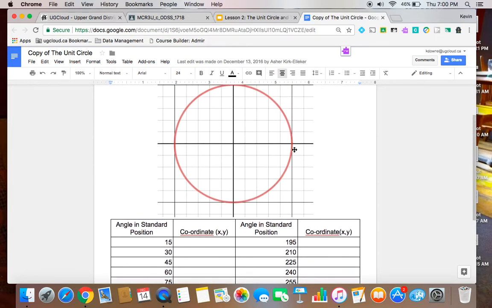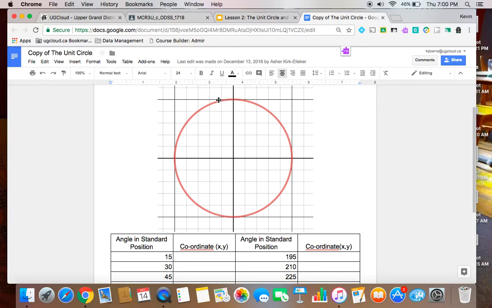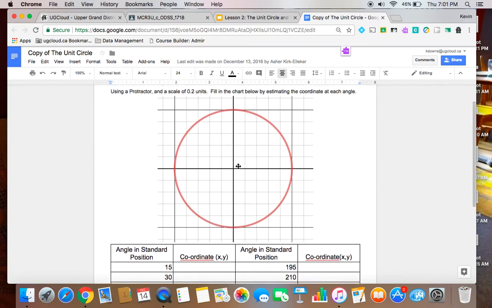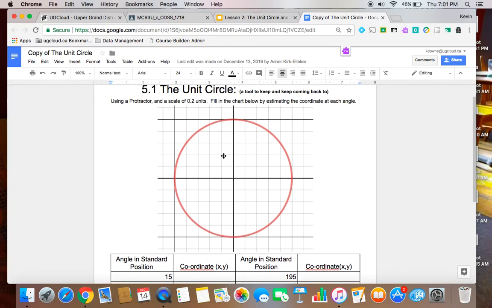Because you start to notice that as soon as you get to 90 degrees, things start to repeat. And so, like if you had 15 degrees, let's say right around here, the x value could be like 0.96, and then the y value could be something just over 0.2. But over here, the x value is very similar, except it's negative and positive. And it's really helpful to do that with a unit circle, because then you start to be able to make connections around the circle. So as you get 15 degrees and then to 90, and then every 15 degrees all the way to 360,